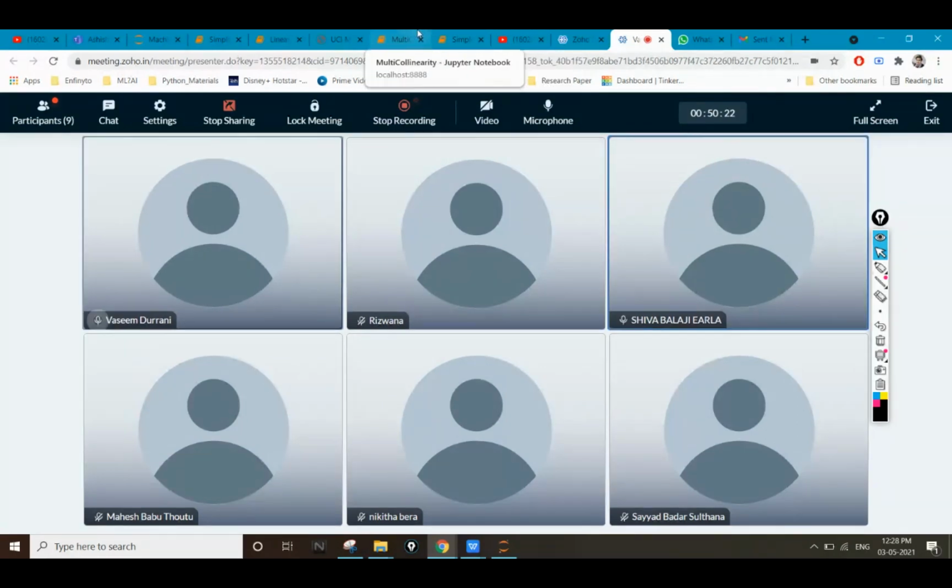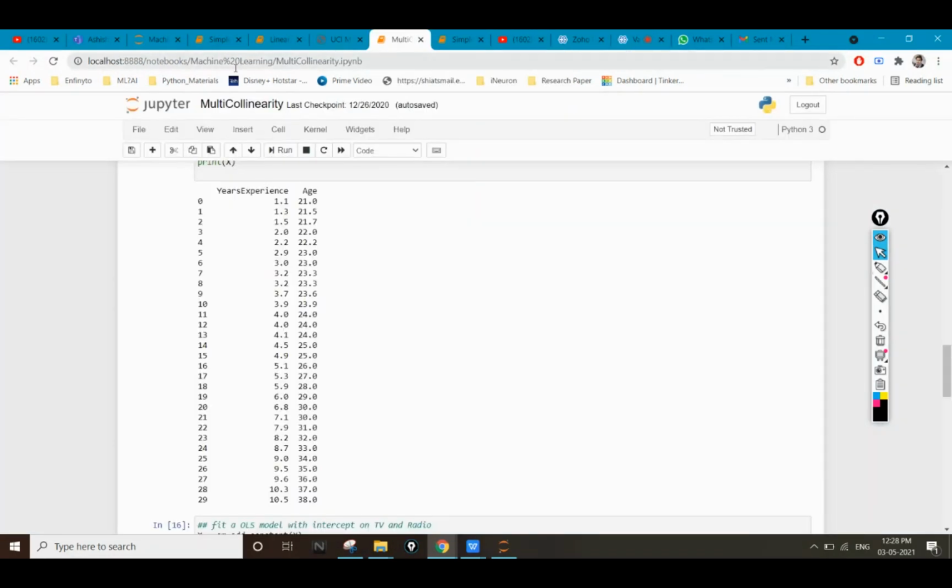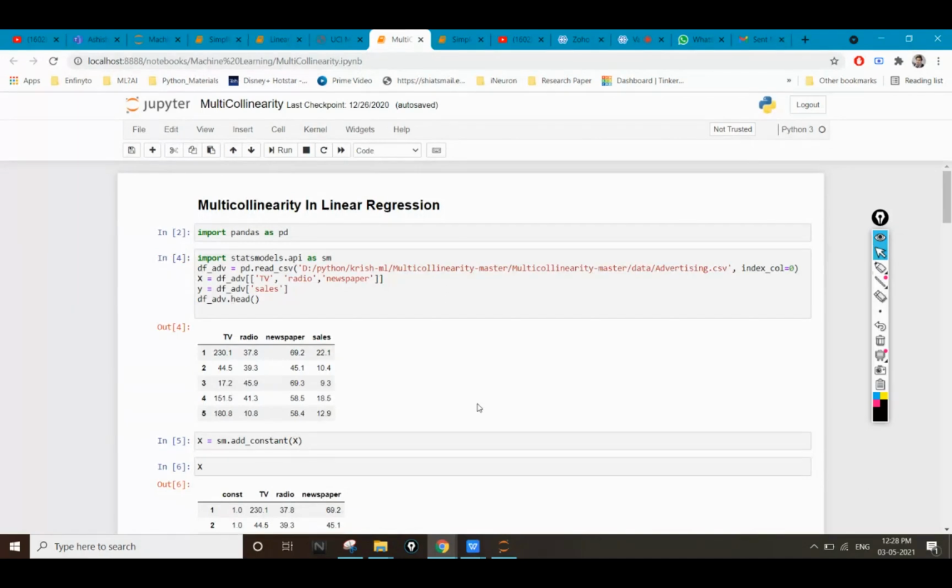Now we have one more thing which is known as multi-collinearity. In this, what we are able to see is that if we have multiple features, do we require all the features for our linear regression, or can we drop some of the features?